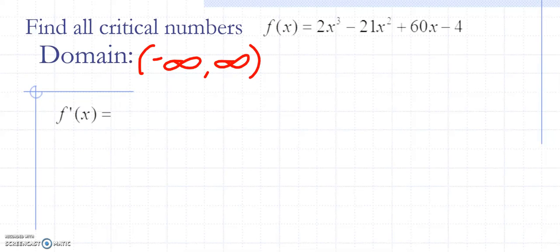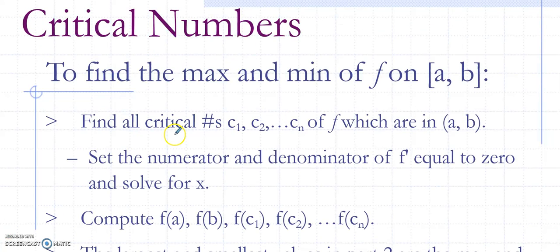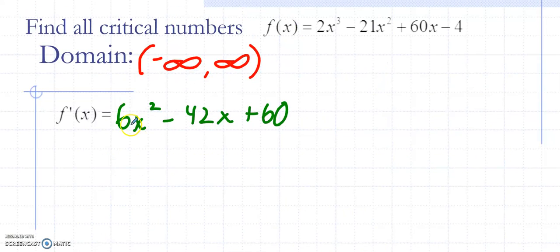What's the derivative? We're going to use our power rule: 6x squared minus 42x plus 60. Okay, good. That's our derivative. Now what? Well, what did it tell us to do? It said to set the numerator and denominator of f prime equal to 0 to find our critical numbers. There is no denominator here, so we are just going to set the numerator equal to 0 and solve. So if I set this equal to 0,